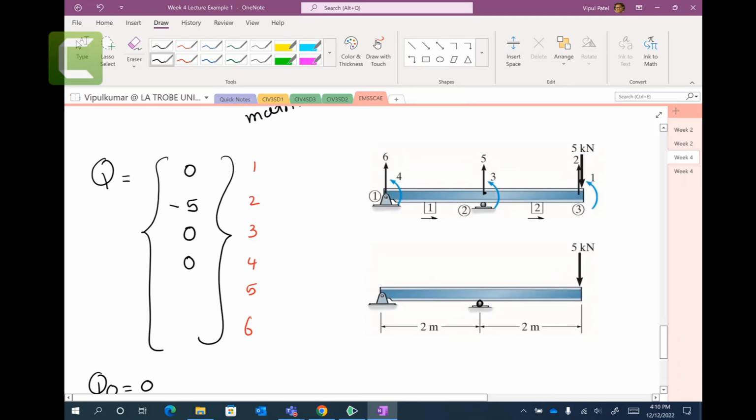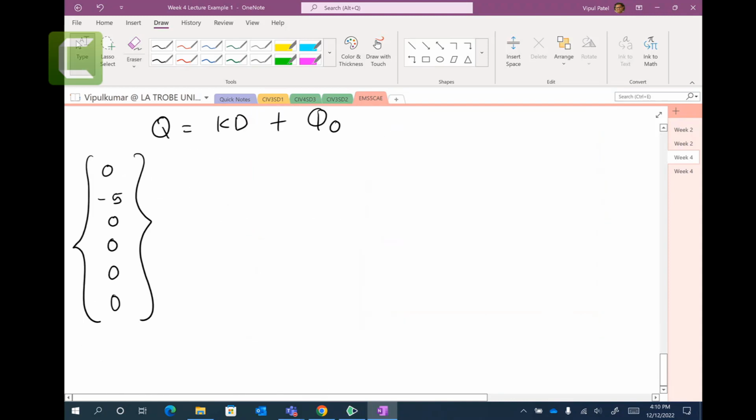5 has a roller support, and this will have a force here because it's a roller support. When the point cannot come down, it will create a reaction force. That reaction force I can call Q5. There is another reaction force, 6, because there is a pin support, so there is a Q6, right? You can see this is Q6 and that is your Q5, because these are your unknown forces that we need to find. So we can have Q5